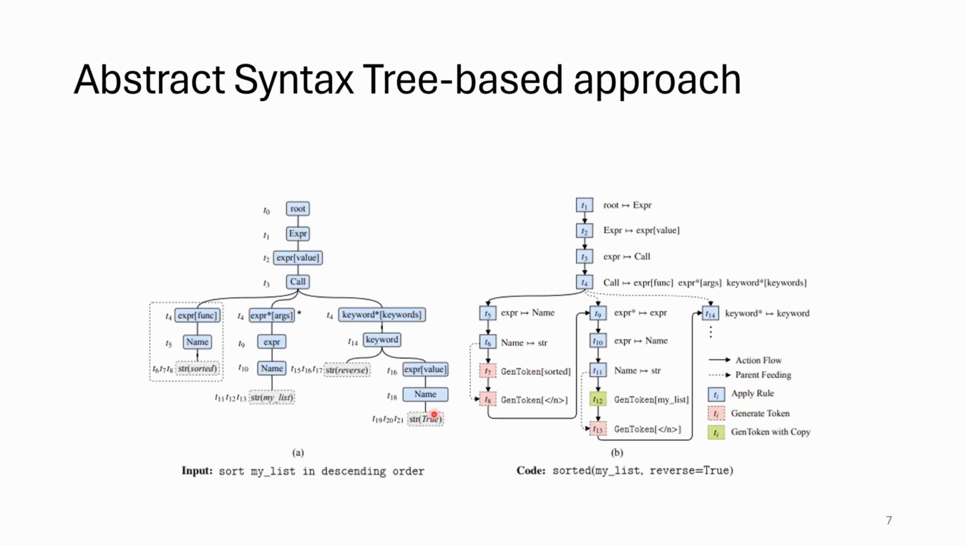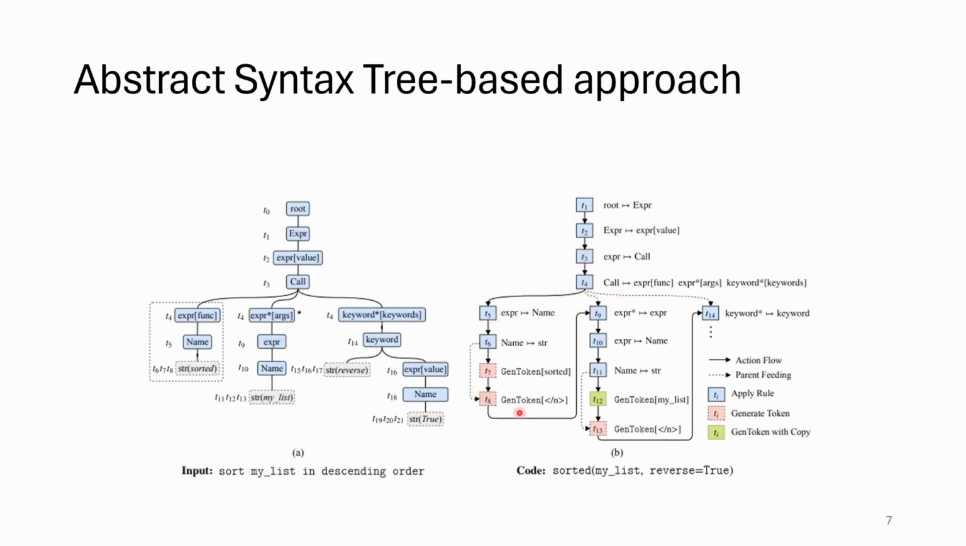The input to this is to sort my list in a descending order, and the output code is just sorted out of my list with reverse equals true. How this works is that we know that our code has to start with a root node, and then that root together with the description goes through our model and generates the expression node. Things are done the same for that expression to call node and so on until the first branch of the